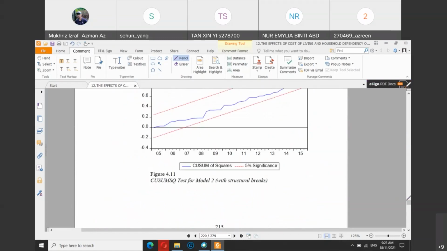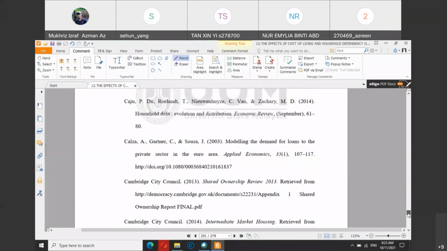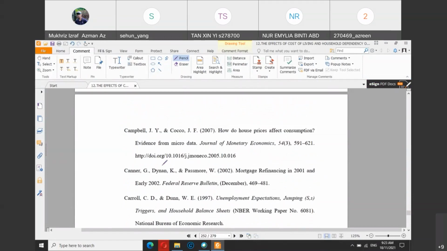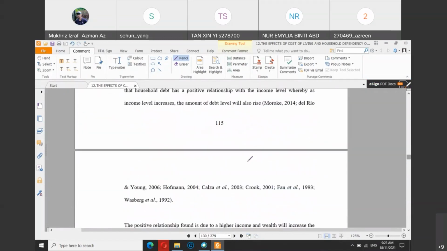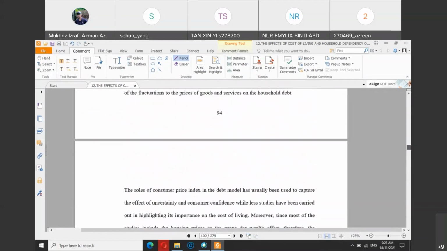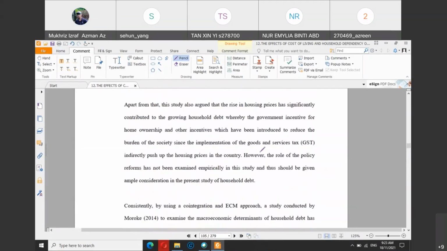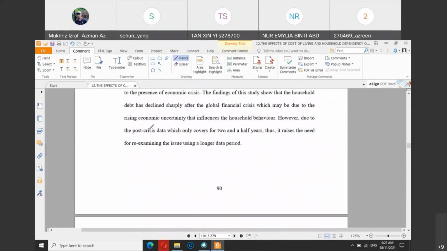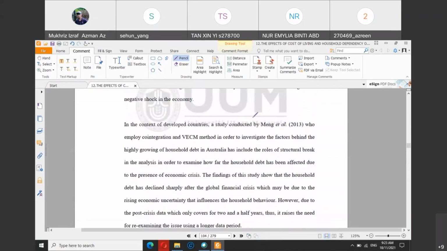So if you cite someone, and then when I look for the article it is not here, meaning that the article does not appear in your references, that is one serious problem, because whatever you write in that particular paragraph will mean almost nothing. You are saying that this paragraph is according to, for example, Meng et al.